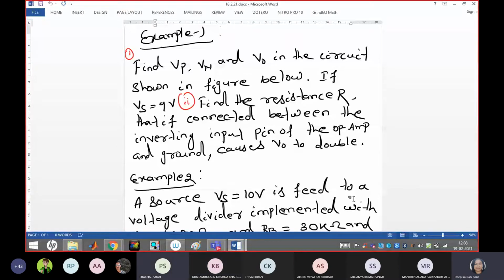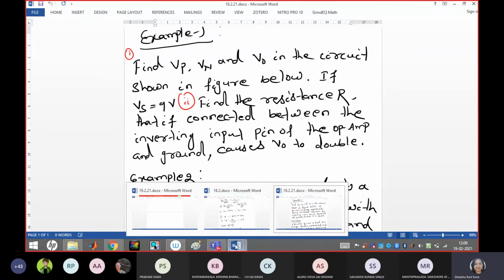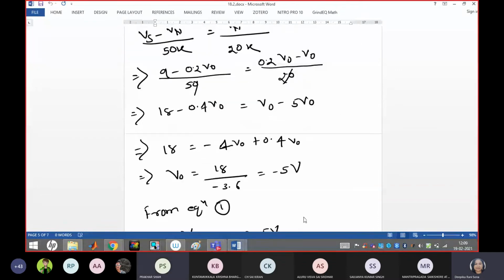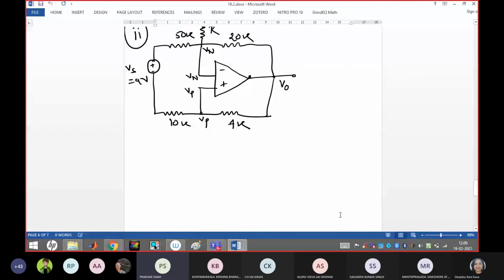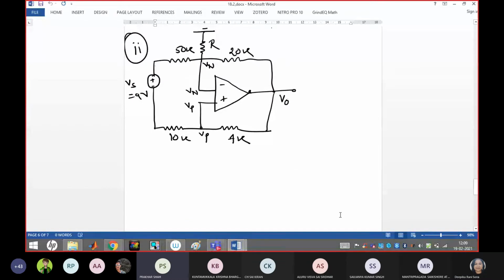Ma'am, I think 11.1, it is kilo. Yes, somebody is saying something. Yeah, tell me. Ma'am, 100 by 9 kilo ohm, so it will be 11 point something only. You should not say like that. You have to tell the entire value of R in kilo ohm, right?